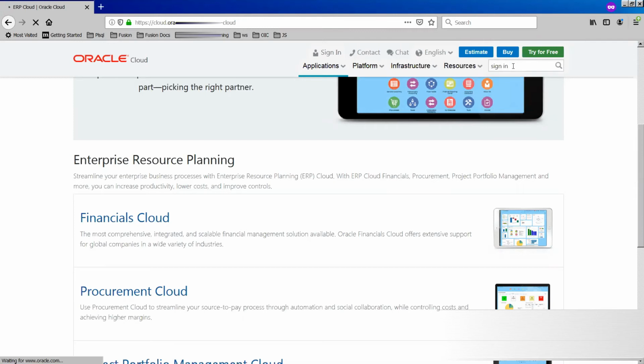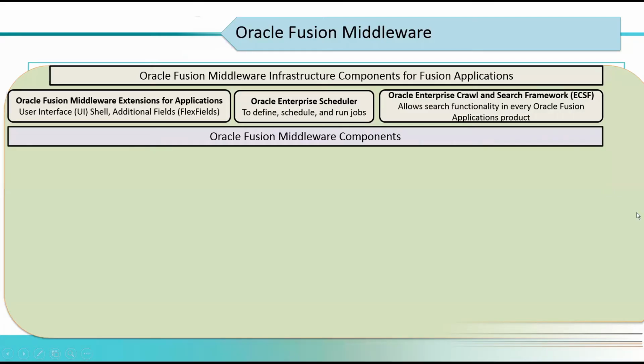What happens is it automatically searches for some data. Similarly, in the Enterprise Crawl and Search Framework, in your application there are many tasks like create user, create a role, create a ledger, or update user.